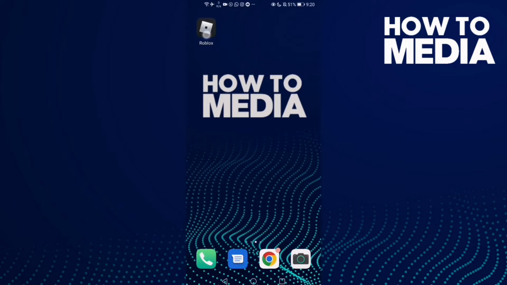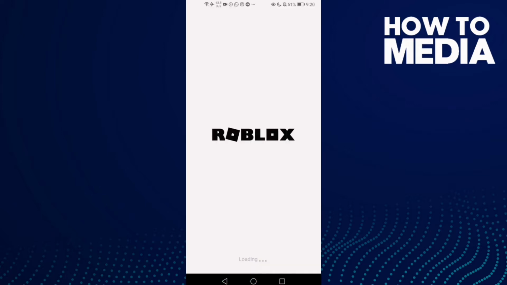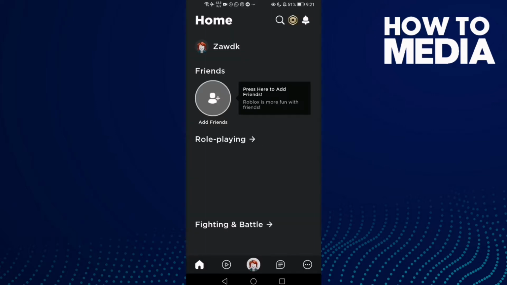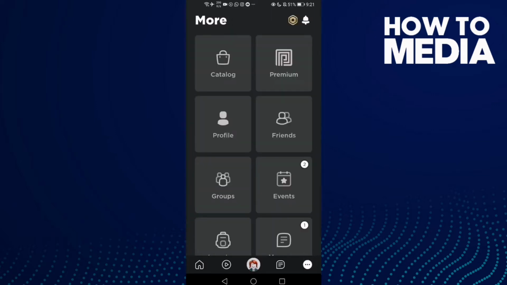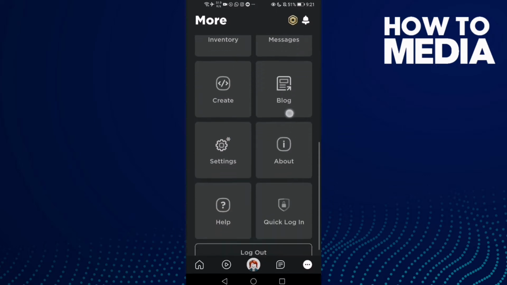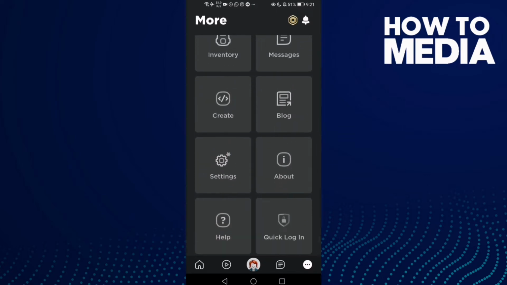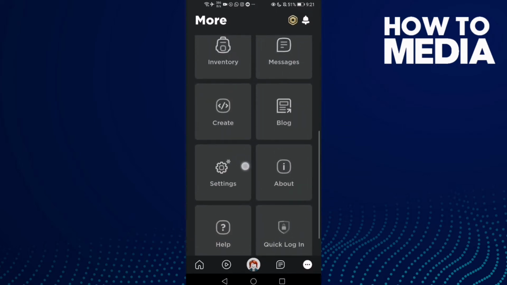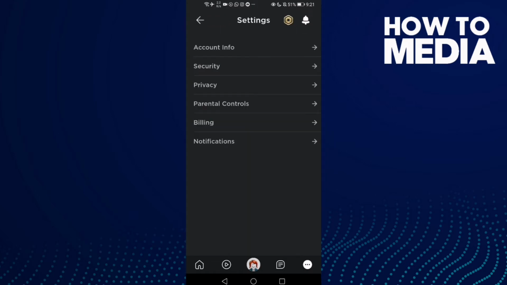First thing, go to Roblox, and now just click these 3 points here in the bottom corner, and now you will find settings here. Click on it, and after you click settings, here you will find this one, parental controls in settings. Click on it,